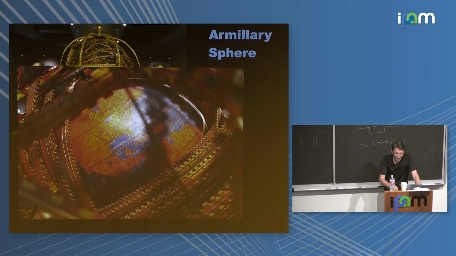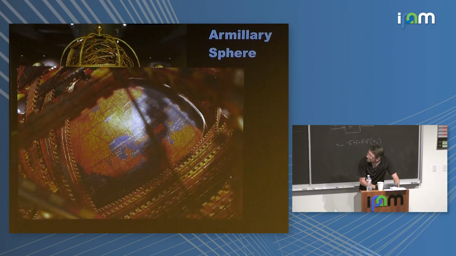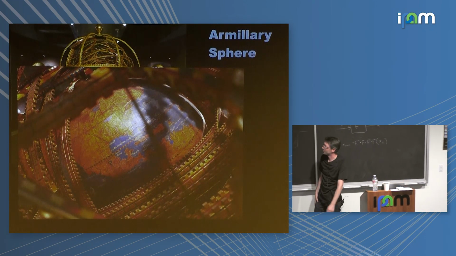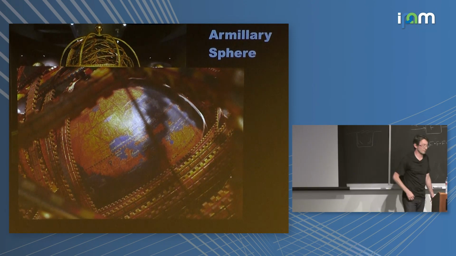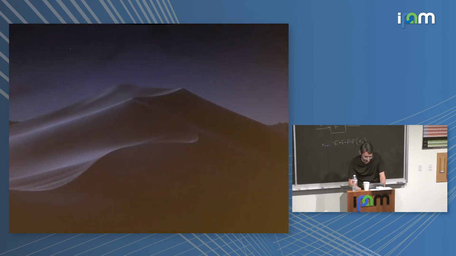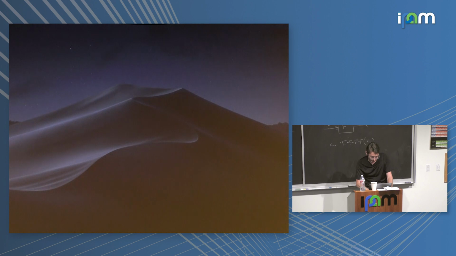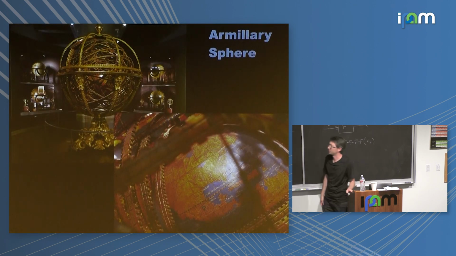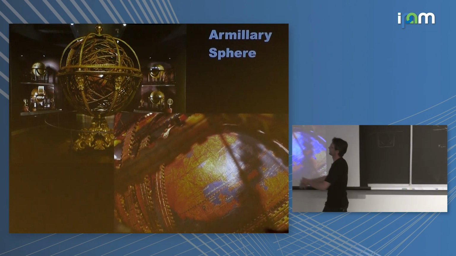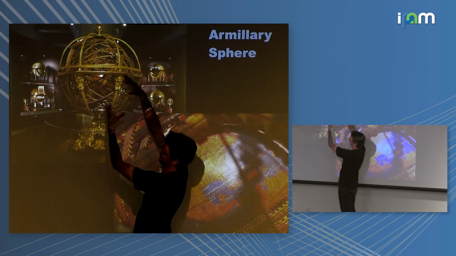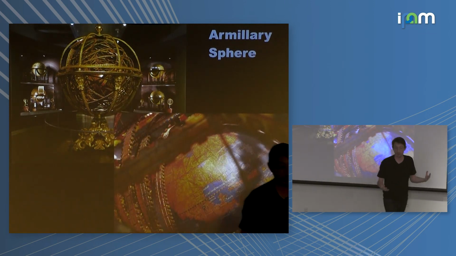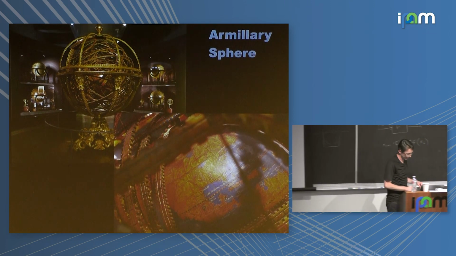This is supposed to be 2 different slides, but if you go to the Galileo Museum in Florence, you can have a view of, I think it's Santucci's armillary sphere. It's this beautiful nested Game of Thrones looking thing where you can use it to predict where stars will be.